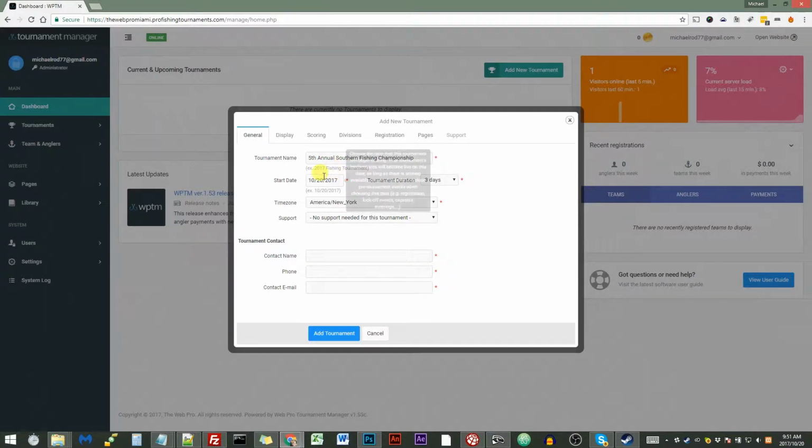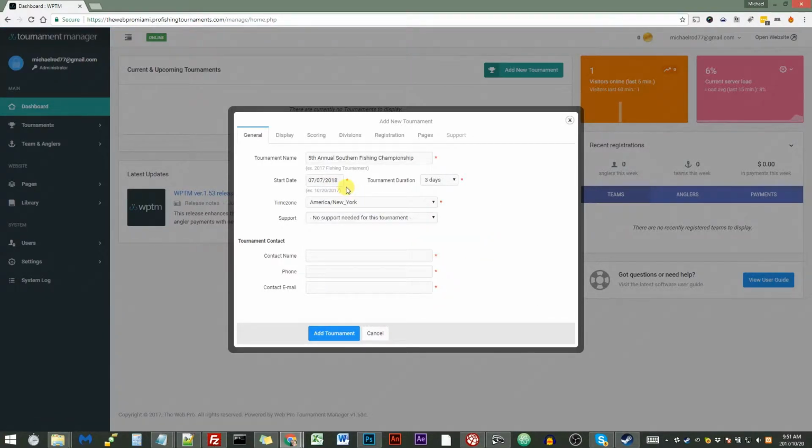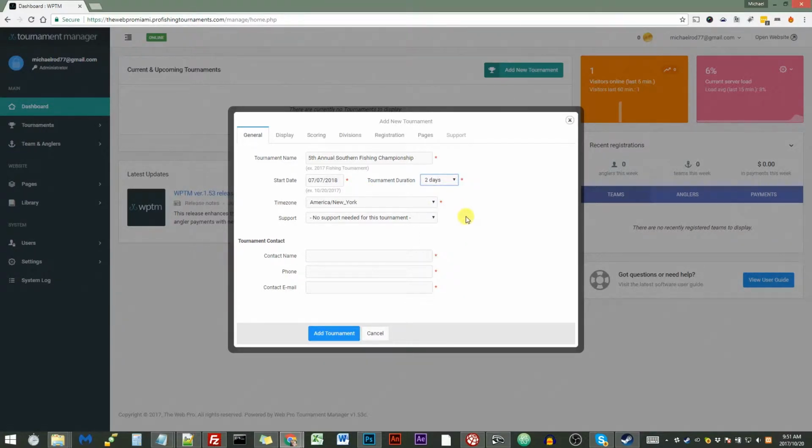The start date of our tournament is Saturday, July 7th, so we'll choose that. And it'll be running Saturday and Sunday, so the duration is 2 days. Those are the days where actual scoring will happen and does not need to include anything prior, like registration or captain's meetings. We'll keep the time zone set as is, and for support, although we won't need support for this